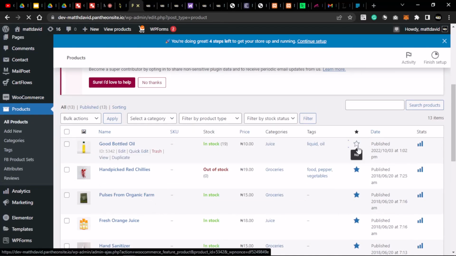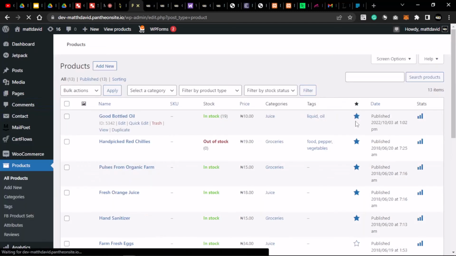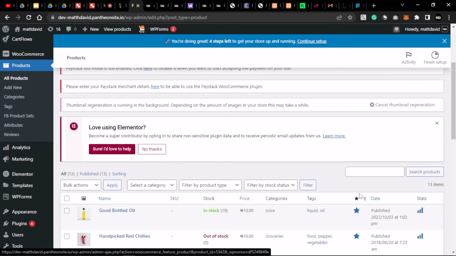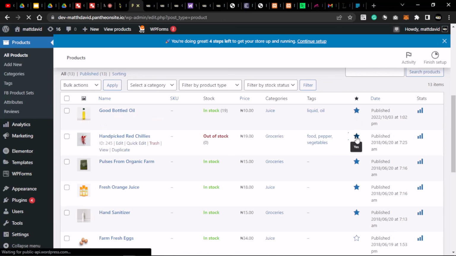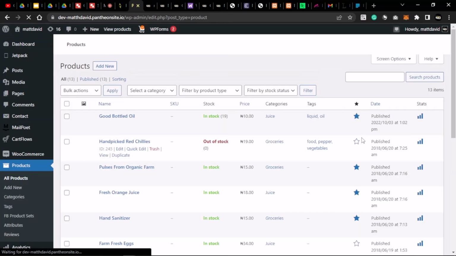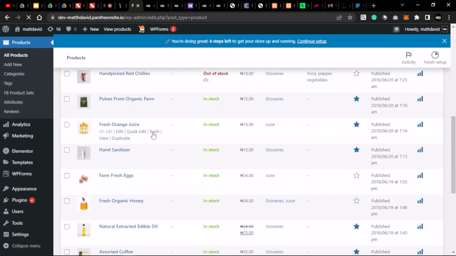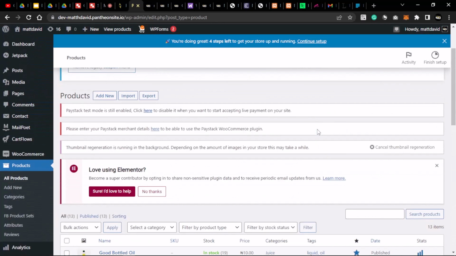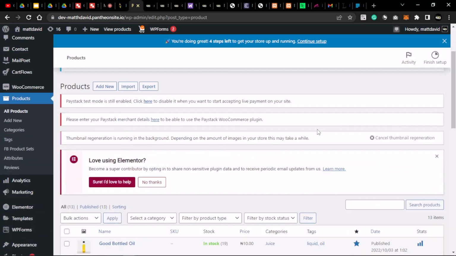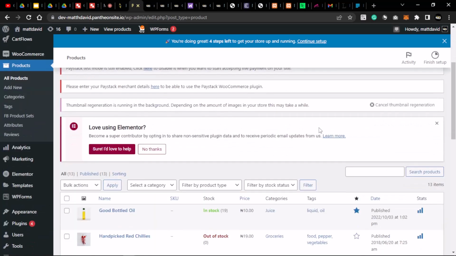So you can feature a product or just disable it. I clicked on it, and that product is added to my featured products. And I can remove this just by clicking it. By toggling this star here, I can feature a product or unfeature it. So that's that. I think I will be stopping here for today. Thank you very much for